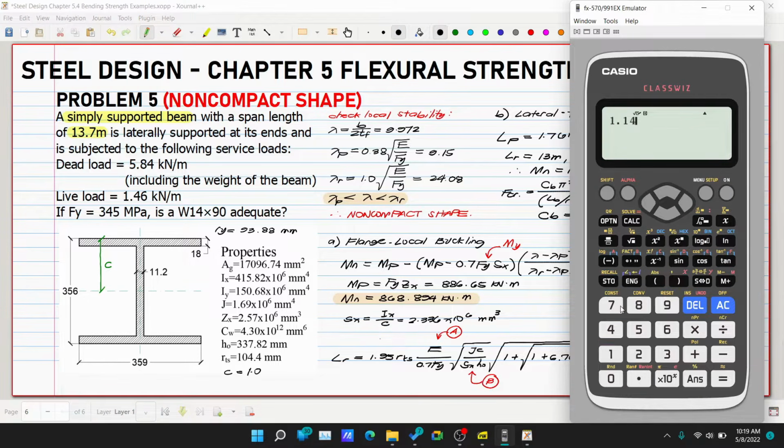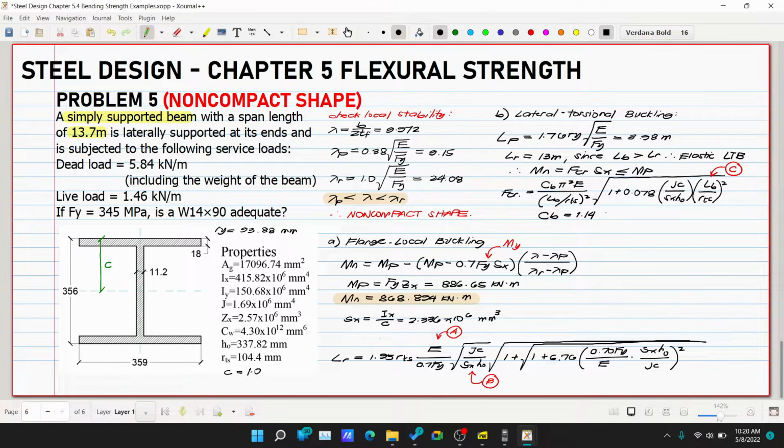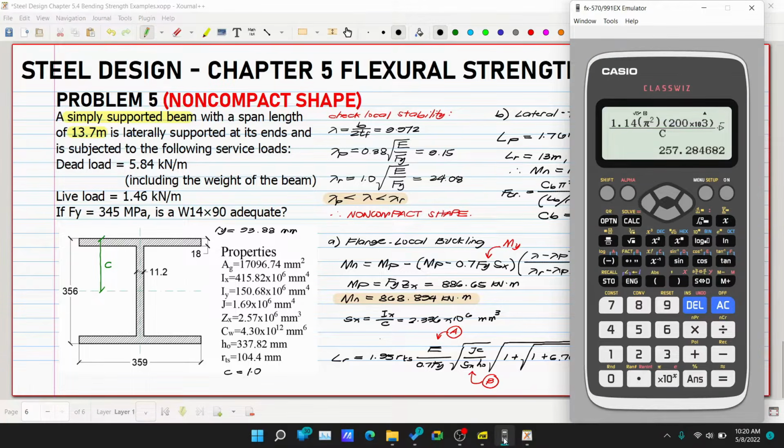So, sabi natin, 1.14 multiplied by pi squared over 200,000 over LB over RT squared, that is alpha C, then multiplied by square root of 1 plus 0.078 multiplied by JC, that is alpha B, then multiplied by LB over RTS squared, that is alpha C. And so ang ating FCR is equivalent to 257.28